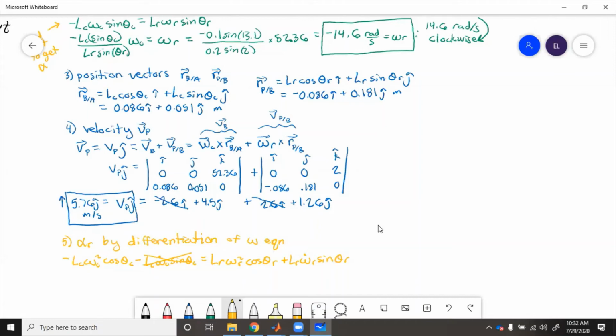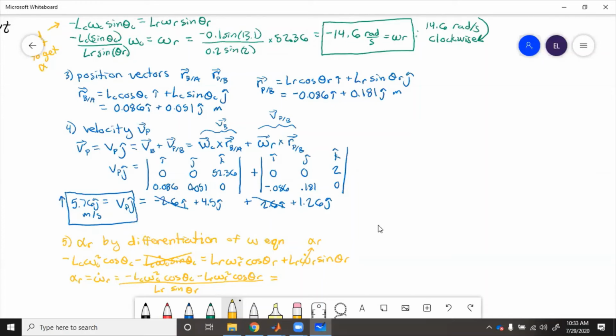Now omega r dot is actually that alpha r. So this is what we're trying to solve for. If we rearrange to get alpha r by itself, alpha r equals that omega r dot, which equals negative LC omega c squared cos theta c minus LR omega r squared cos theta r, all over LR sine theta r. So we put numbers into here,